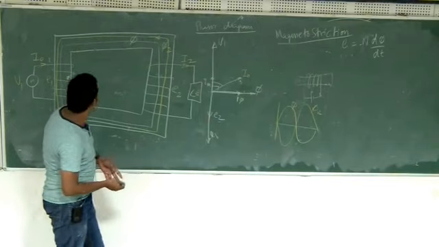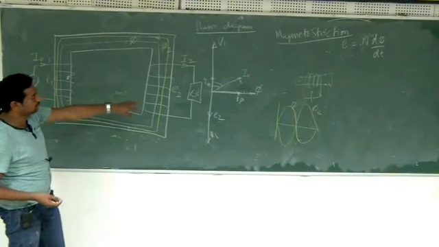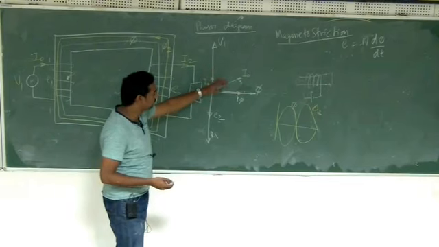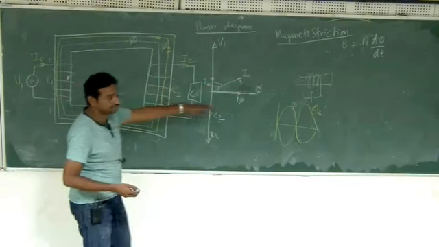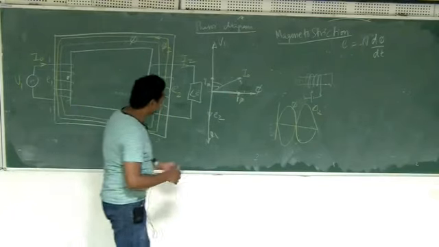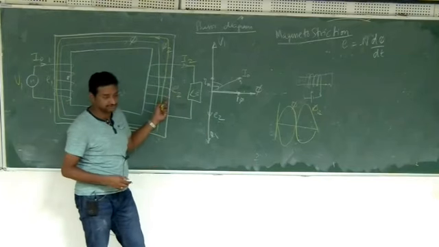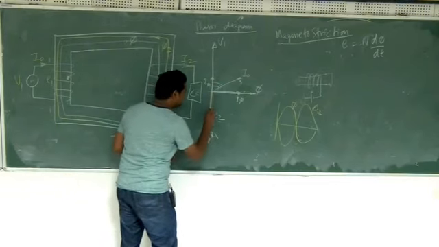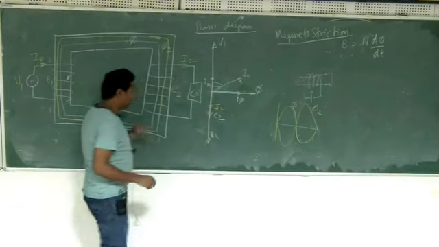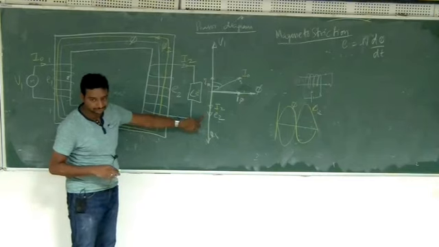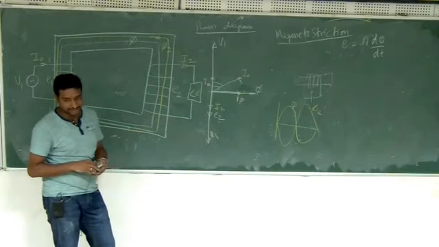The powerless part we already discussed. So it is just these two that are added. Even if you don't worry about that, you can call this one as I phi, and then you can continue the discussion. Otherwise, let me explain through this diagram also. I said E2 is getting induced in the secondary. Because of resistance, some current will be there. So that current, let's put like this, I2. I2 will be in phase with E2. Now, because of I2, there will be phi2.